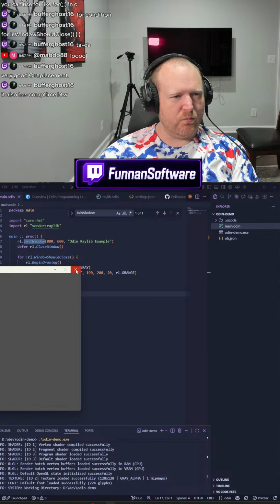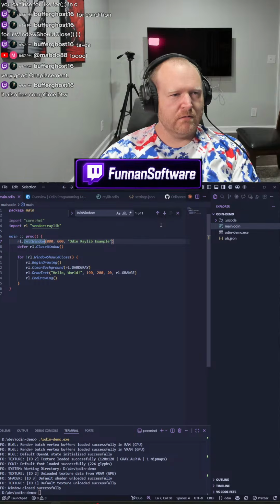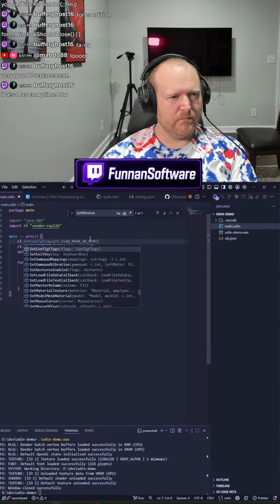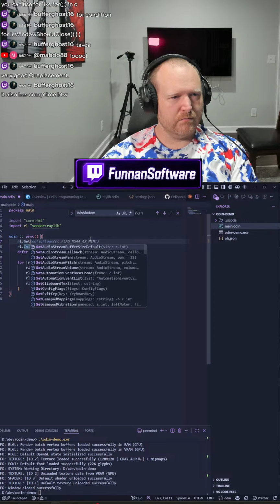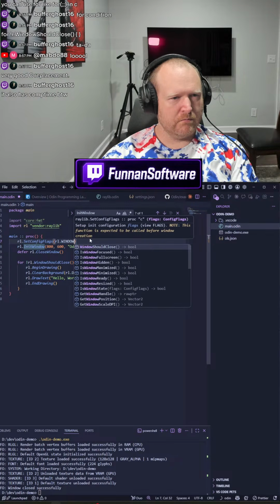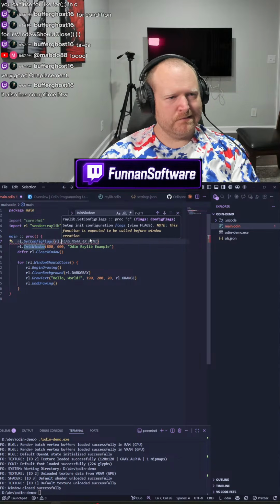I'm not getting any resize. What am I missing? What the hell?